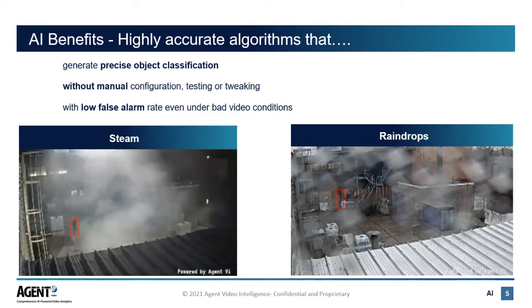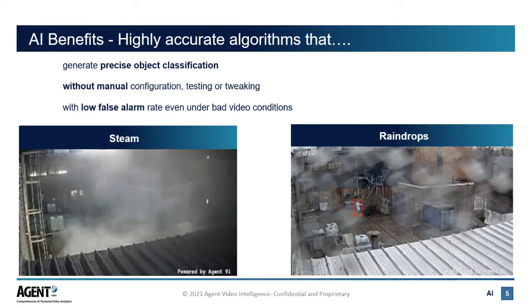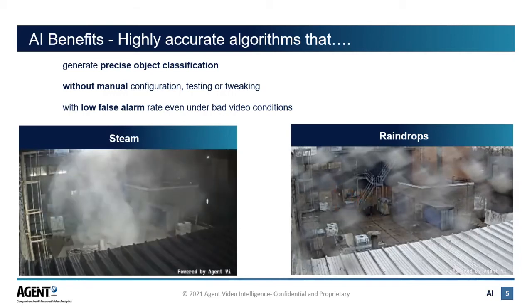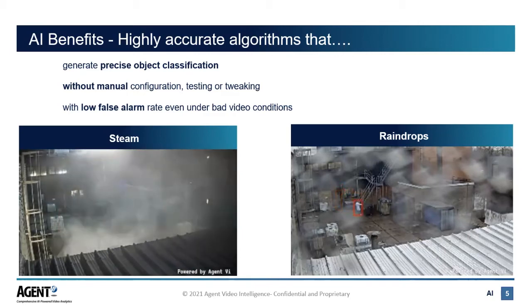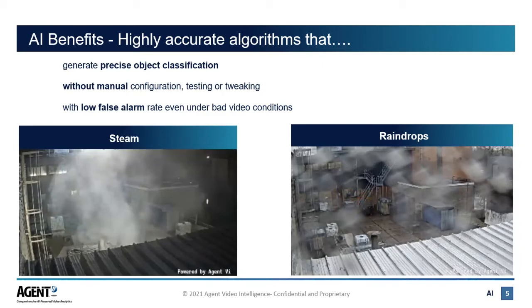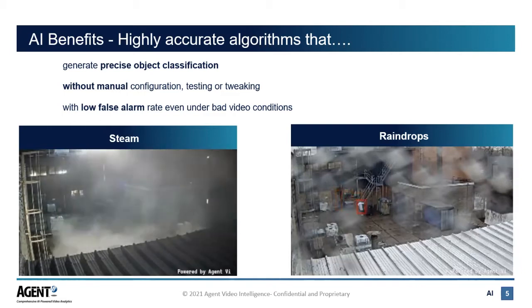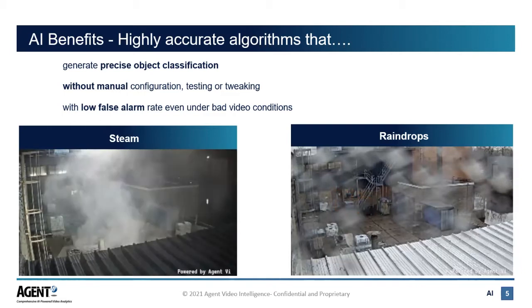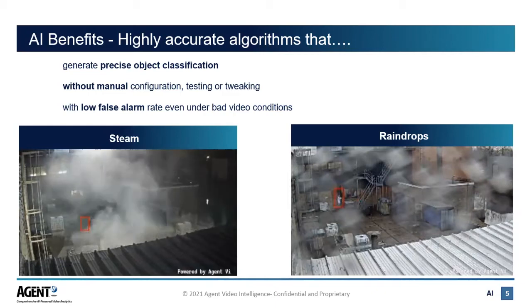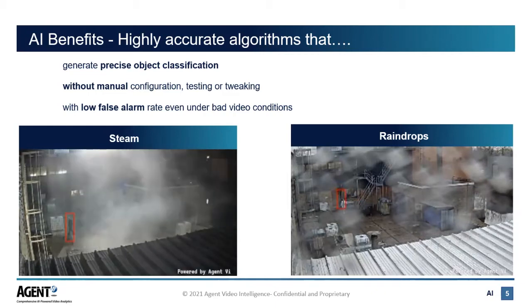In the same way, things like rabbits, deer, blowing bushes, grass swaying in the wind, none of that actually is going to be detected, because those things are not what it's trained to see. So a lot of the things that used to create nuisance alarms actually are now just ignored. So that's a little quick primer on an AI. Now, there are some things, though, that come with this.